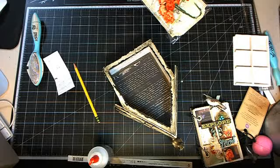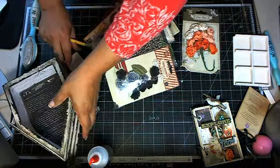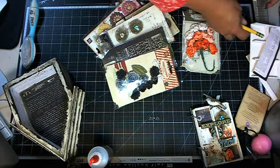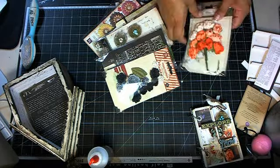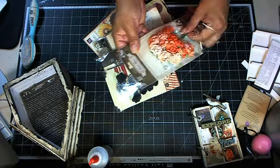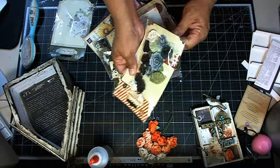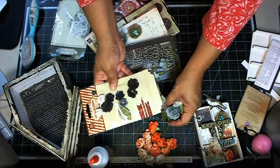Okay, so let me go ahead and show you how I did the outside. Grab all your scrappy happiness, all your Prima goodies, and open. Put it in front of you. You hear this all the time. Grab it, open it, right? Get it out. Put it out in front of you. Whether or not you use it,